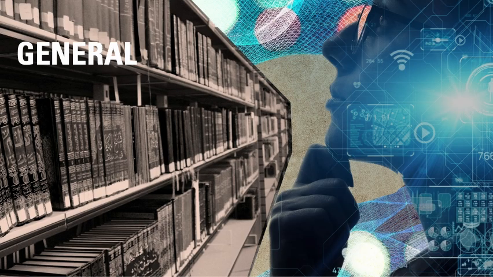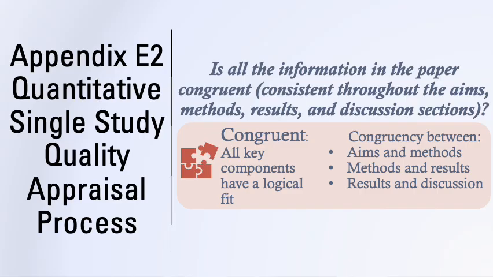The quality appraisal of quantitative studies ends with two general appraisal questions to specifically address the consistency of the study and the minimization of bias. Again, these questions are very similar to the two general questions posed in the systematic literature review quality appraisal. The first quality appraisal question under the heading of General when appraising a quantitative study asks,